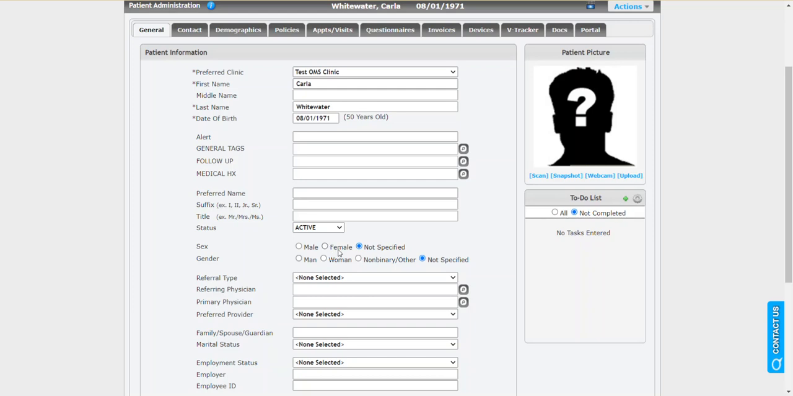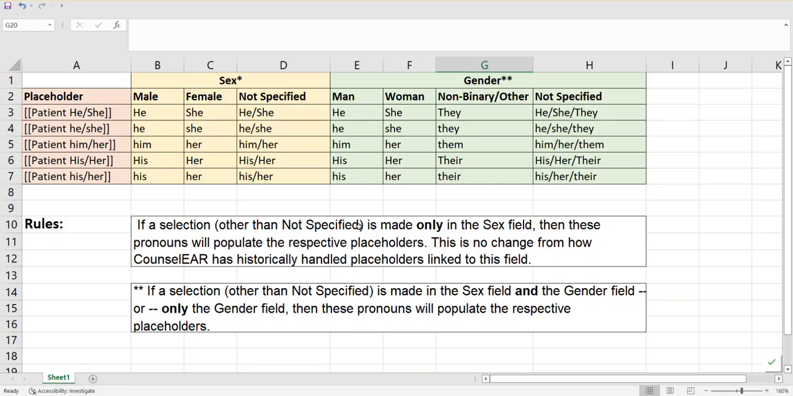So once you have these selections, you don't have to do anything from there. Counselor takes this information. Let me show you the general breakdown. There are actually 5 placeholders related to pronouns. And then if sex is selected, then it will choose the appropriate pronoun, right? If it's not specified, it'll leave it in this more general form, where, say, for example, in the report writing